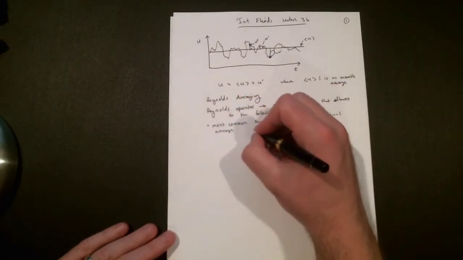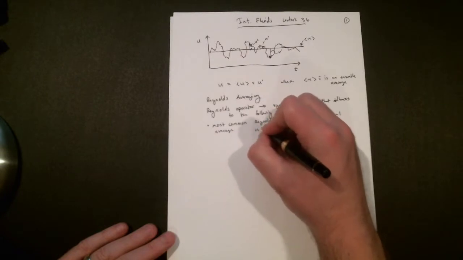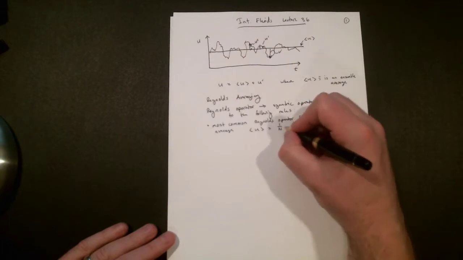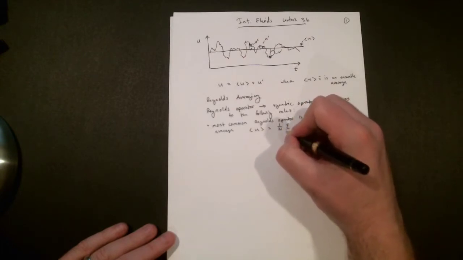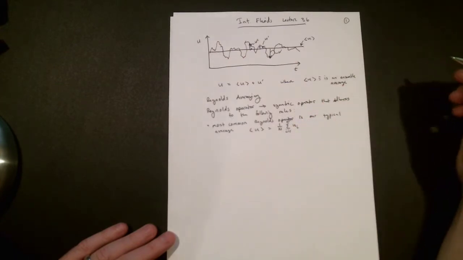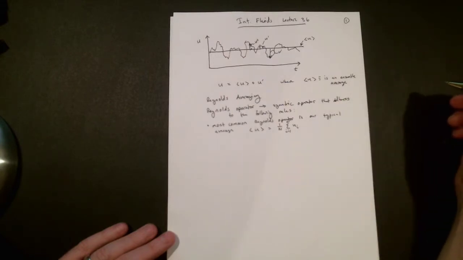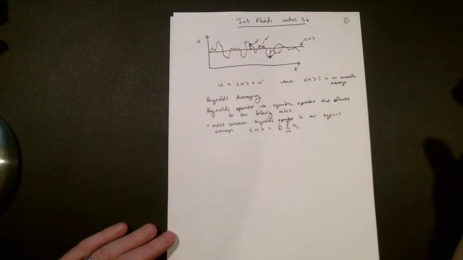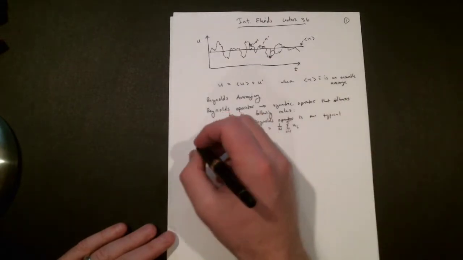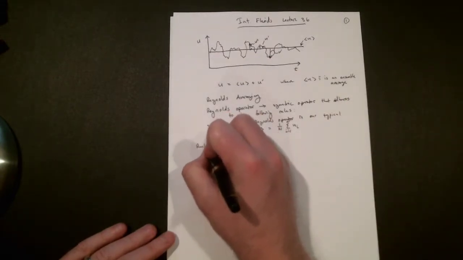If you want it discretely, you would say that u bar is just equal to 1 over n times the sum, i equals 1 to n, of all of our u i's in our set. So it's just the average. Or you can write this as an integral equation where you would average over your spatial or whatever your set is made of, or time, or your ensembles. But this would be our typical discrete one. So the rules for a Reynolds operator are as follows.